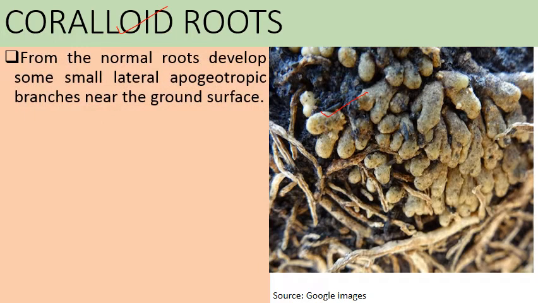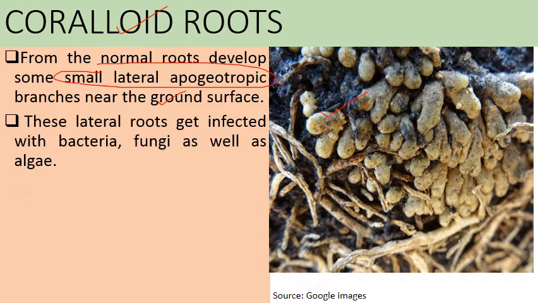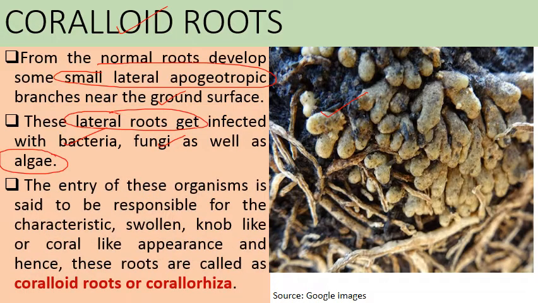So from the normal roots develop some small lateral apogeotropic branches near the ground surface. कुछ apogeotropic means जो soil के surface के बाहर आती हैं, ऐसी roots जो horizontally grow करती हैं soil surface पे. So these branches come out of the soil surface near the ground surface, and the lateral roots get infected with some bacteria, fungi as well as some blue-green algae, जो infection cause करती हैं roots में. And the entry of these organisms is said to be responsible for the characteristic swollen knob-like or coral-like